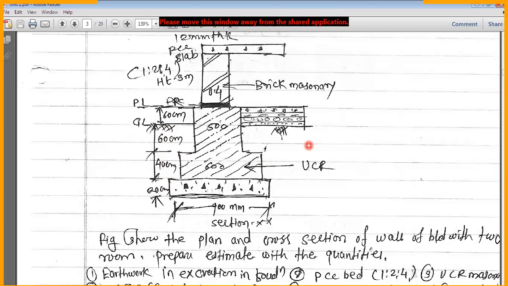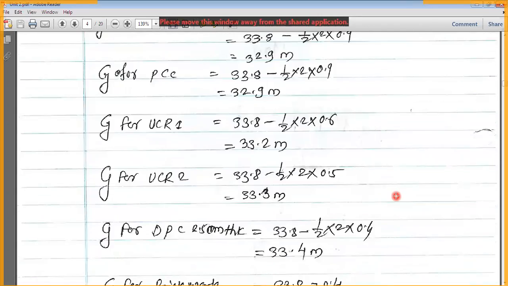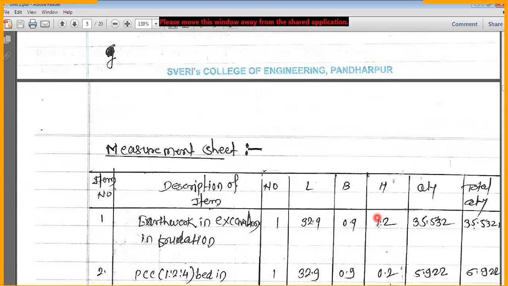Plinth filling is a different part, we are going to fill the material, not going to excavate. Okay, but from the ground level up to what depth we are going to make the excavation, that is what we have to consider. So always remember, for the excavation purpose we are generally considering from the ground level whatever the depth which is required. Okay, so that comes as 1.2 meters. So here I have written 1.2 meters. So quantity will be equal to n multiplied by l multiplied by b multiplied by h. If you are going to multiply it, please do